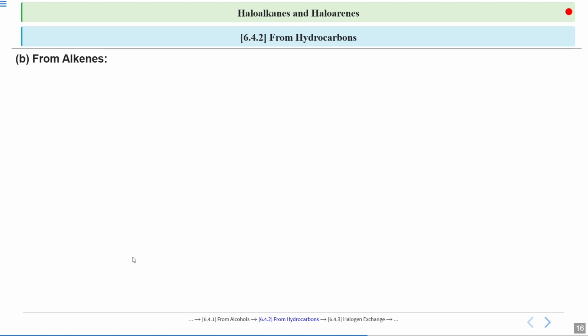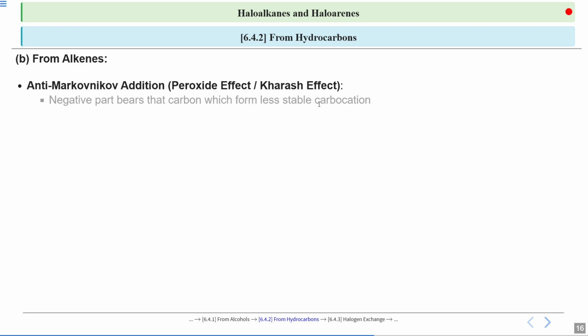Now, let's see the anti-Markovnikov addition. It is also called the peroxide effect or Kharash effect. So you are following the reaction of a hydrocarbon, that is an alkene, with a hydrogen halide, and you are getting your alkyl halide. But the rule that is followed here is anti-Markovnikov, which says that the negative part, again the halide